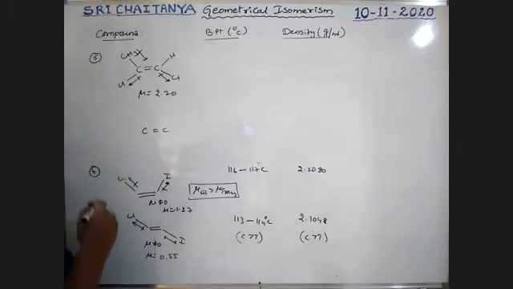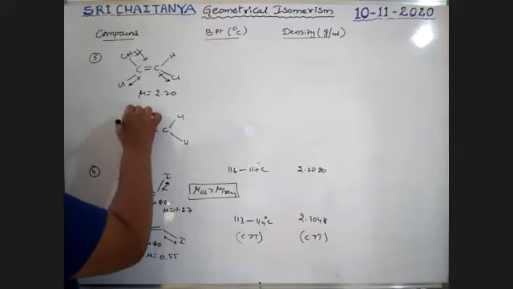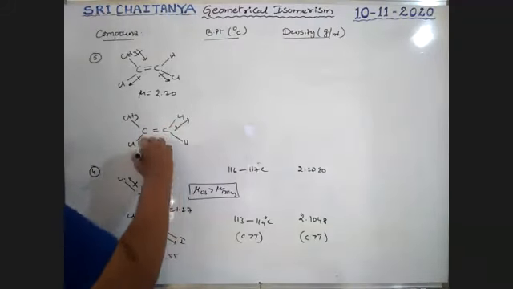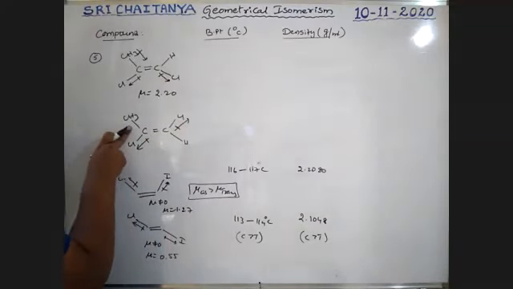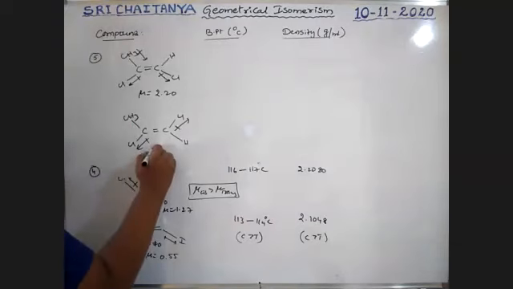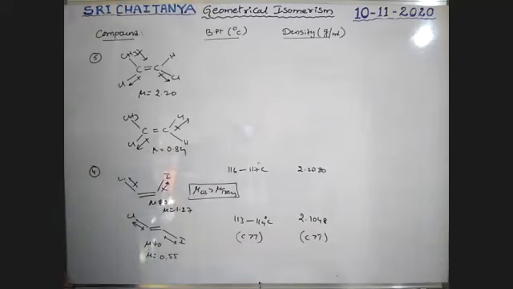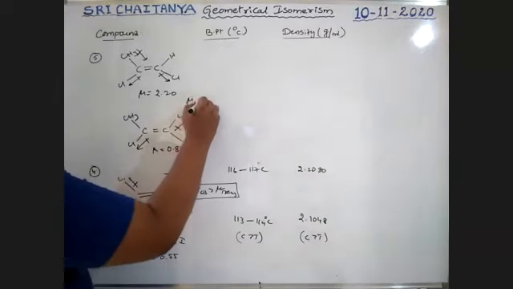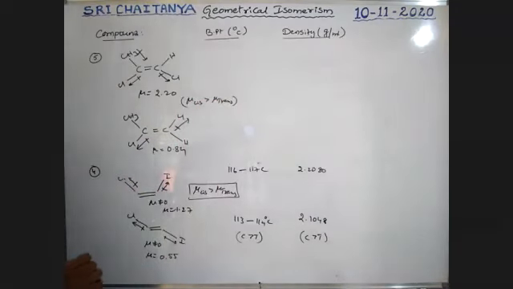I'm taking the trans condition. So the Cl are in trans. It is a Cl, it is a CH3. So it is plus mu, it is minus mu. These two values are cancelled. Only this value remains, boys. Therefore, a very small value, mu is equal to 0.84 in this case. Therefore, here mu cis is greater than mu trans.